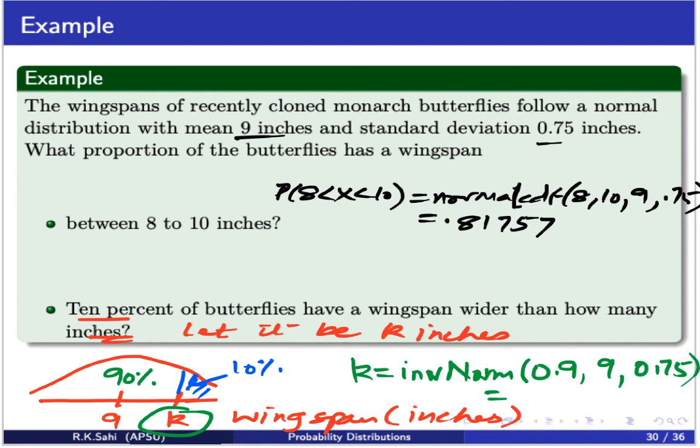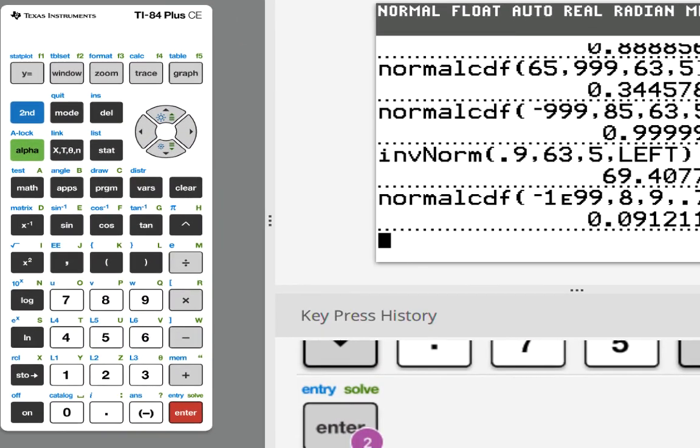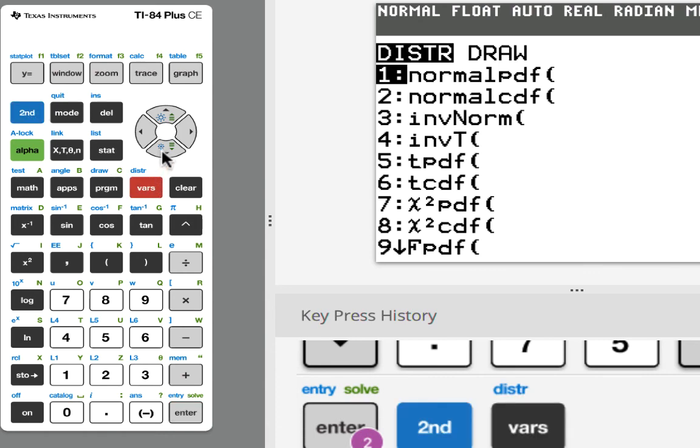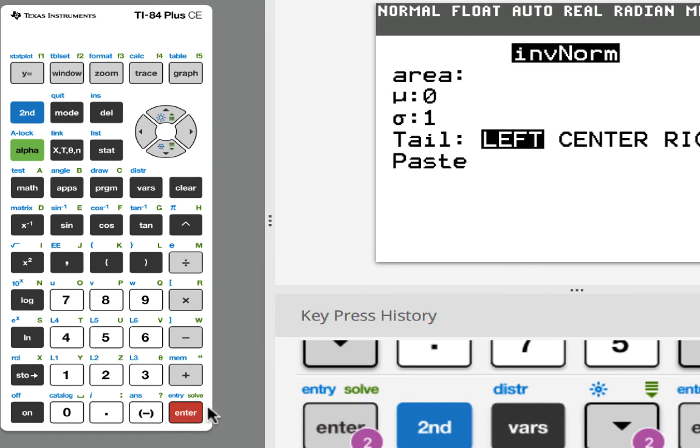So let's get our calculators. It's going to be second, vars. And remember, not this time, because we're looking at the value on the horizontal line, so we're going to look at number 3, invNorm. And when we press enter,